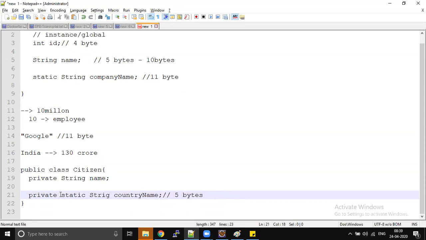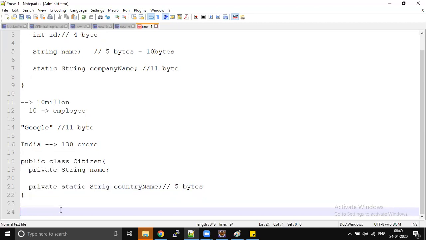So whenever we use a static variable in a class, what is the benefit you get? Memory utilization happens properly. You get the benefit in terms of memory. But when you have a benefit, you also have some kind of challenges, right? When you get the benefit of memory, there are certain challenges we have. Can somebody say one challenge with the static keyword?